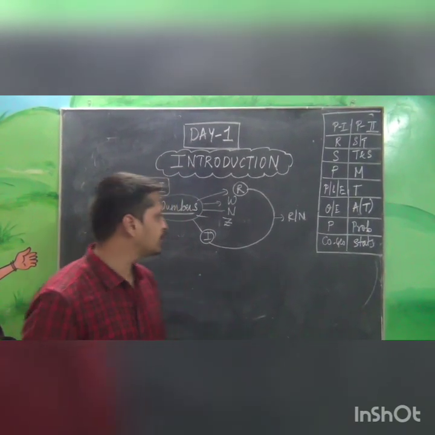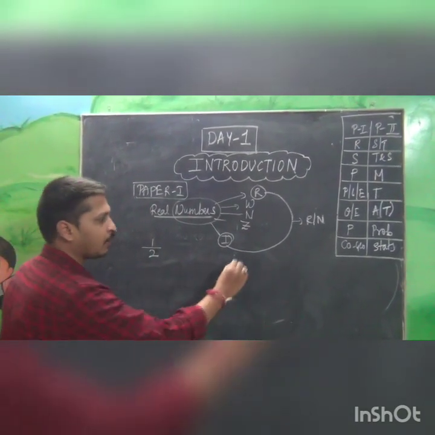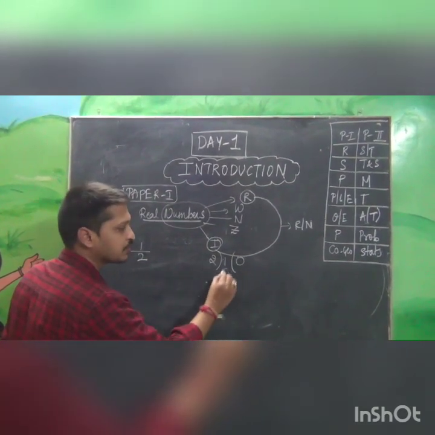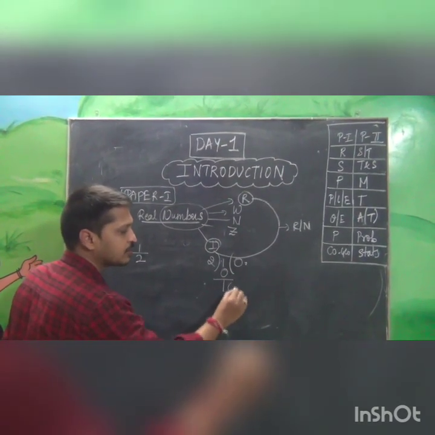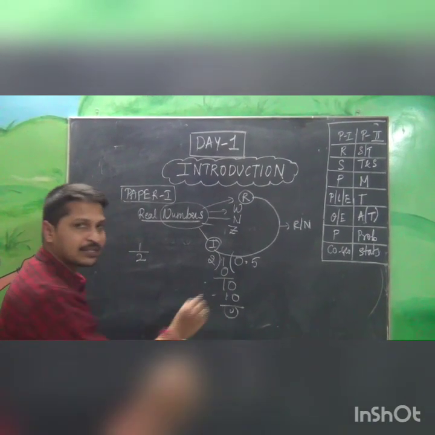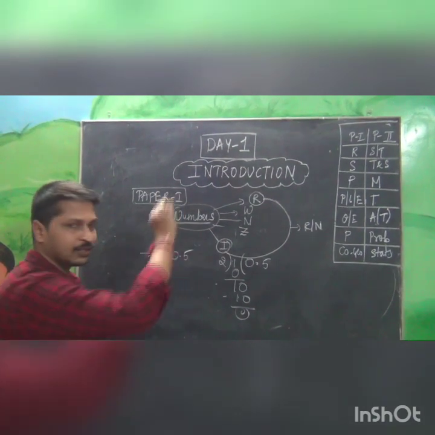Let's take a small example. 1 by 2 is there. Now I will divide 1 by 2, which is equal to 0. 0 ones are 0, then 0.0, 2 fives are 10. Now here we are getting remainder as 0. If you are getting remainder as 0, then we call it a terminating decimal.